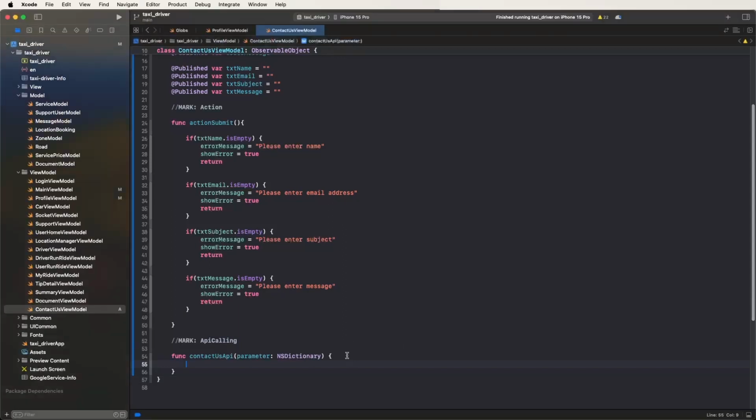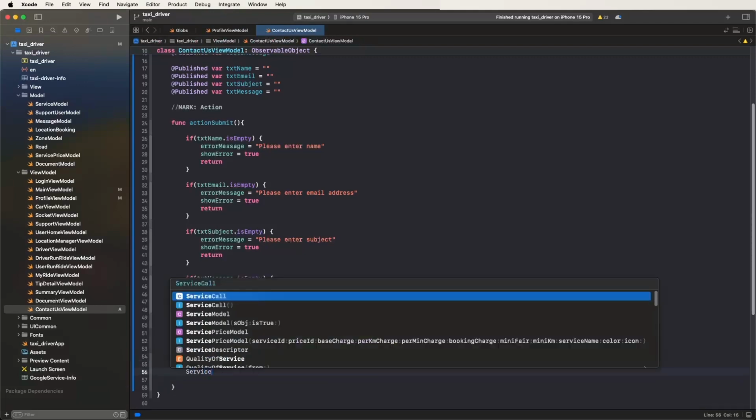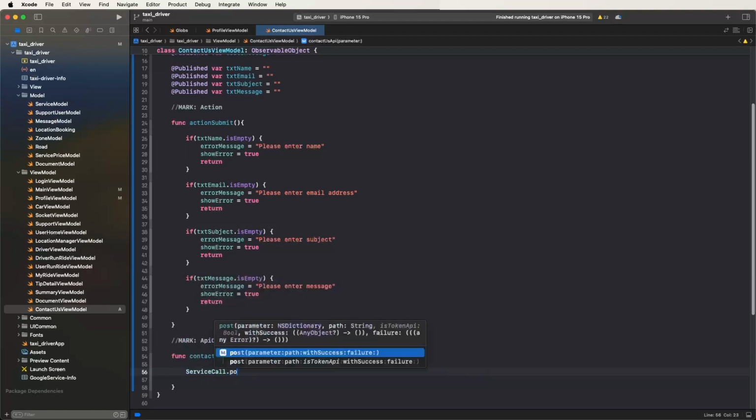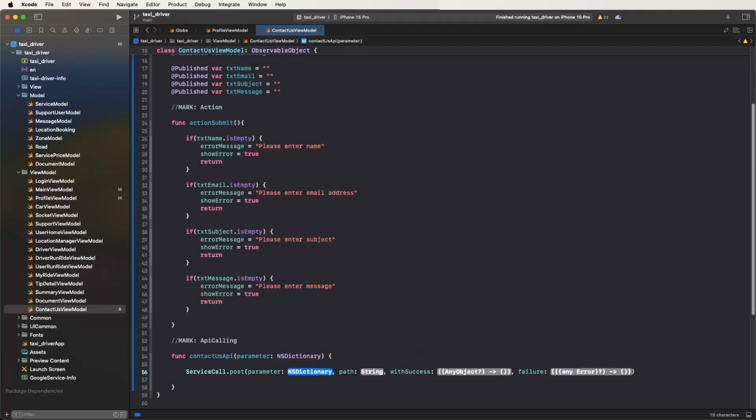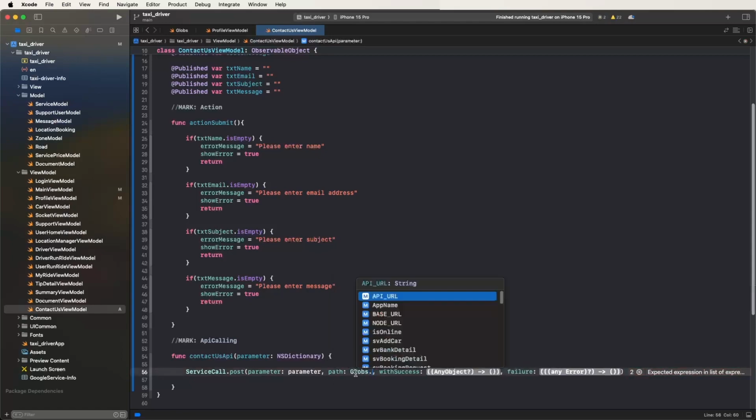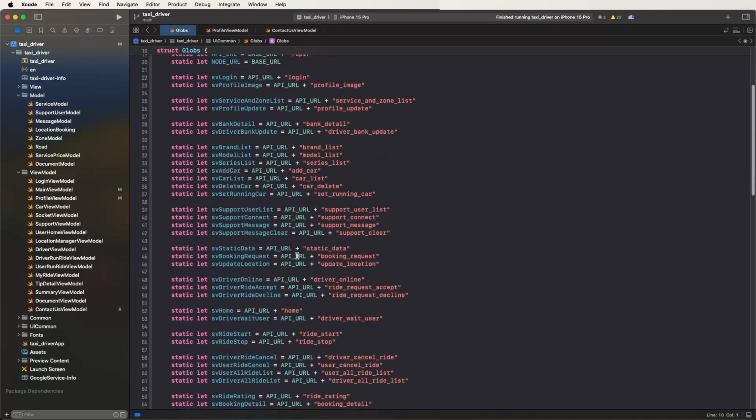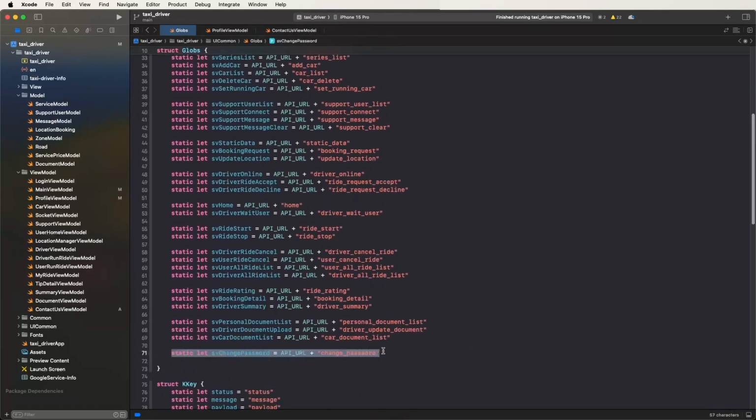And then you need to write the service call, dot, we need to call the post method without token, and pass the parameters dictionary, and give the service name, calling the Globals. First of all write the definitions of the API calls. Now copy and change this to contactUs, and also change contactUs like this. Now copy, and we need to paste inside the